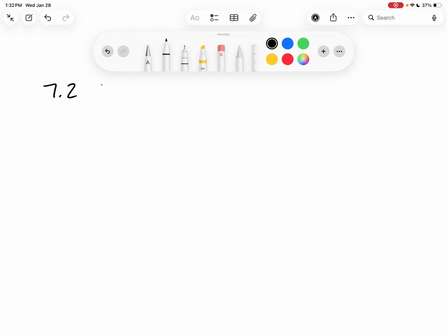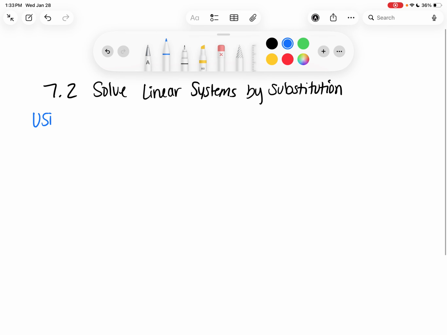All right, 7.2, solve linear systems by substitution. So this is our second method. We'll have one more method that we'll learn tomorrow if all goes as planned. And so, using substitution,